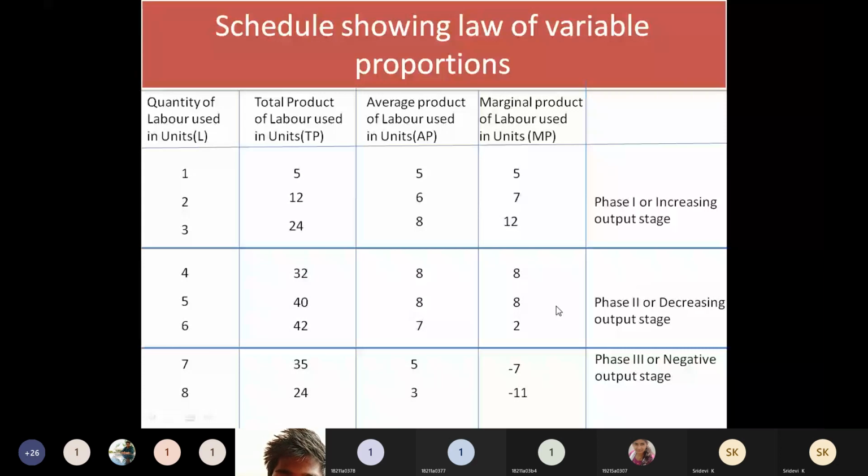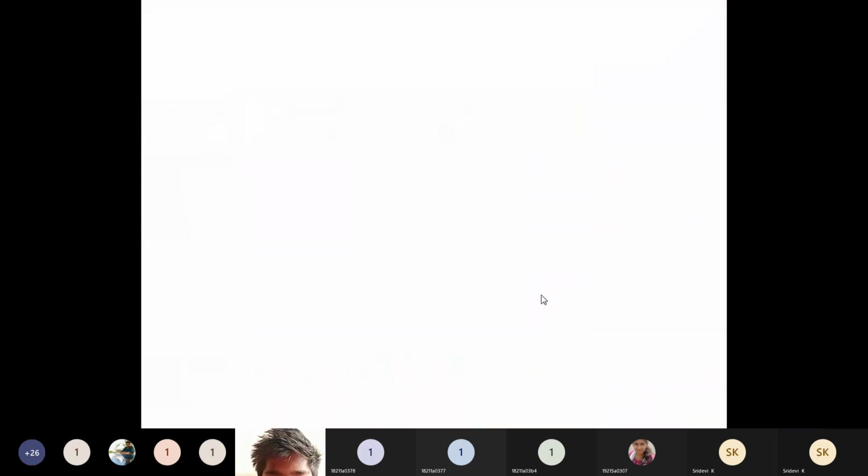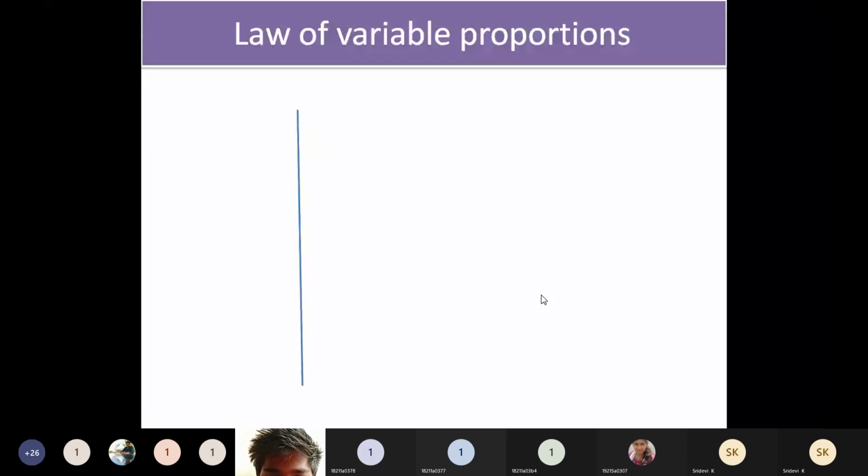Here tentatively we have taken certain values. Actually, if you enter into any production, you can find out the actual total production, calculate the average product and the marginal product, and make it into 3 different phases. Whether you are in the first phase, second phase or third phase, you can easily identify it. Okay. So this we need to show in the graph. For every law, there will be a graph also, as assumptions are there. Some one schedule we are going to show, and we are also going to draw the graph.